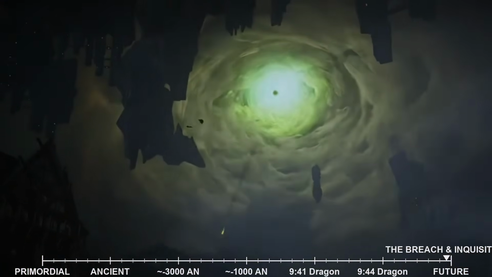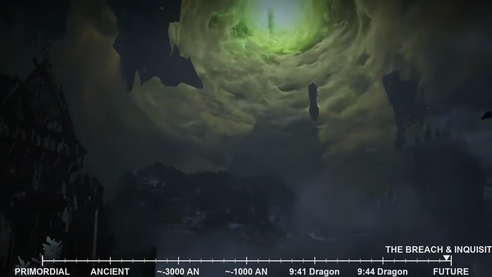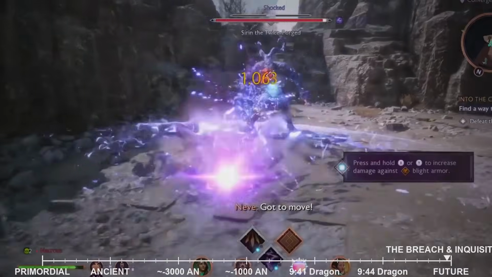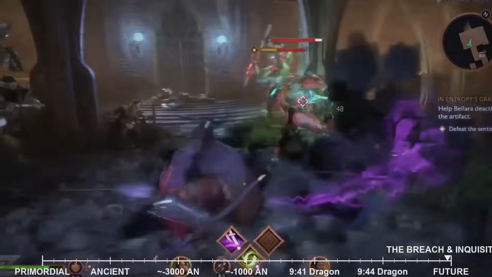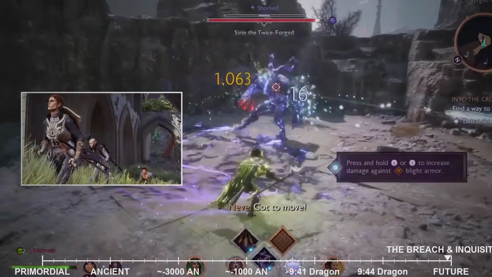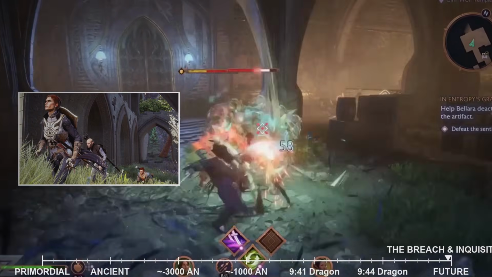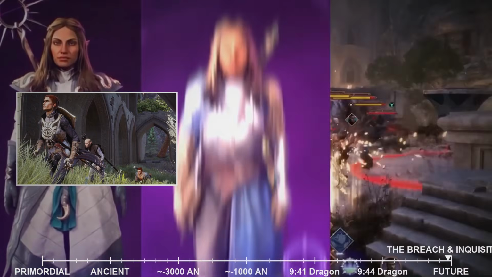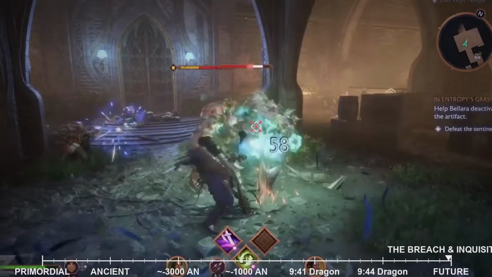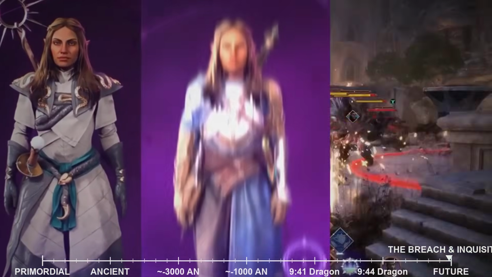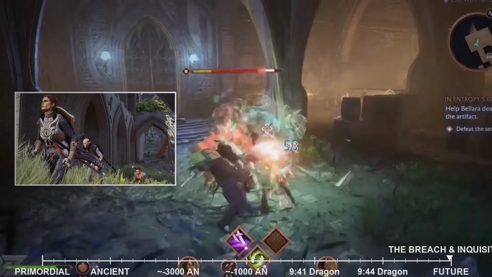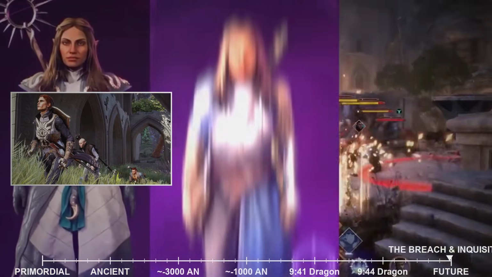The Inquisitor must strategically weaken Corypheus, perhaps by destroying his sources of power or by exploiting weaknesses revealed through previous investigations. The climax of the confrontation sees the Inquisitor using the Anchor, their unique connection to the Fade, to directly confront Corypheus's essence. The Anchor, which has been a source of both power and pain, becomes the key to defeating the Ancient Magister. Through a powerful surge of Fade energy, the Inquisitor manages to sever Corypheus's connection to the world, effectively destroying him. This victory is a monumental achievement, saving Thedas from an existential threat and cementing the Inquisition's place in history.